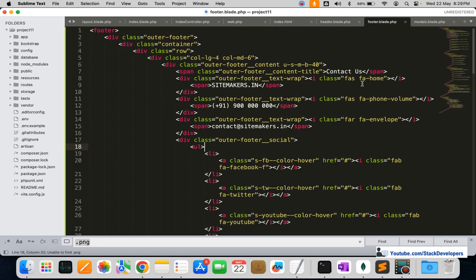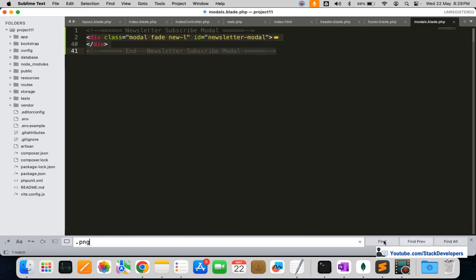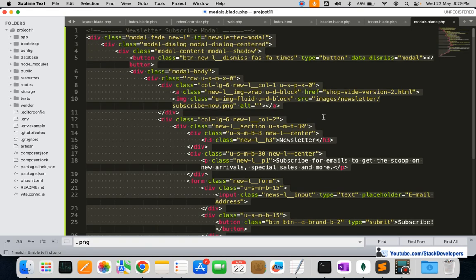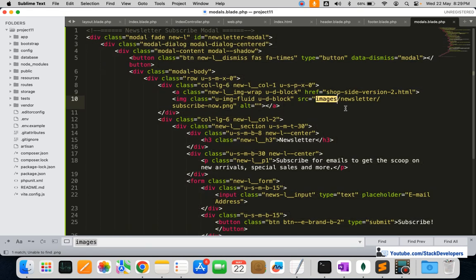I don't think there is any images folder here, images path is here. Okay, so in here in the modal we are required, I think we are just going to check some of the paths here. We can simply add asset front images like this. Okay,